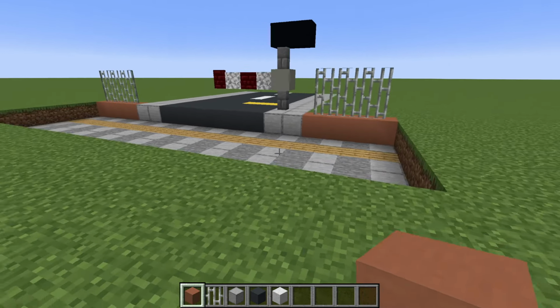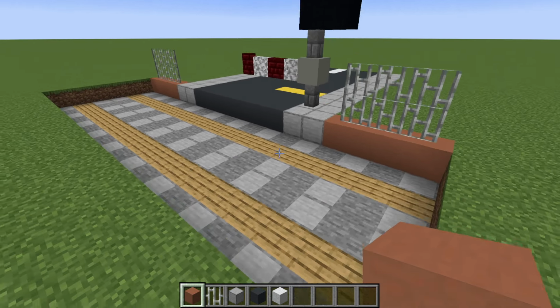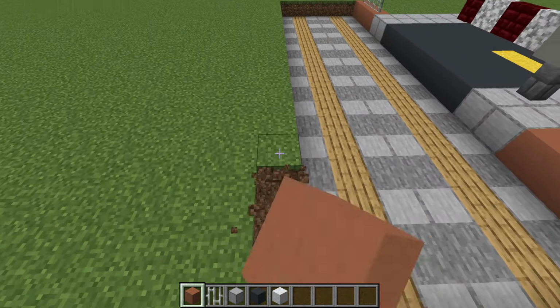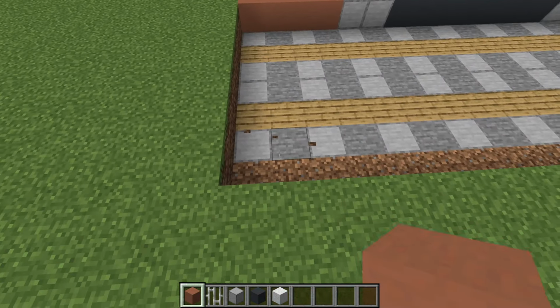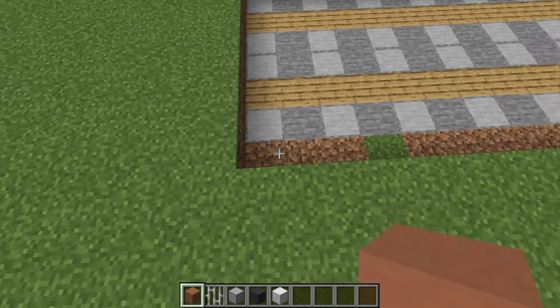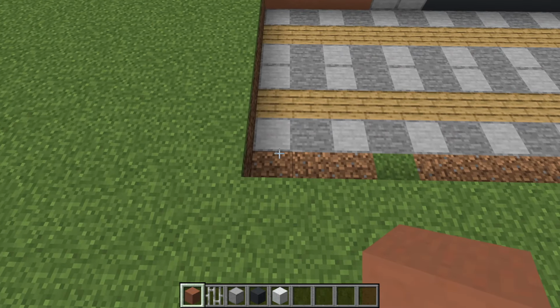We must come to the other side and do literally the exact same thing. So we remove a row of grass, and inside of this empty hole, starting from the left side here, going right, place a row of 4 terracotta,